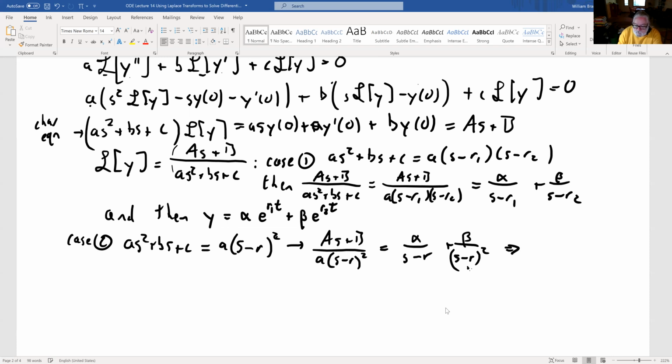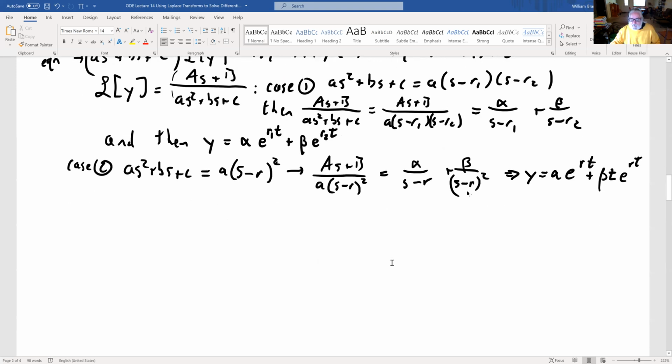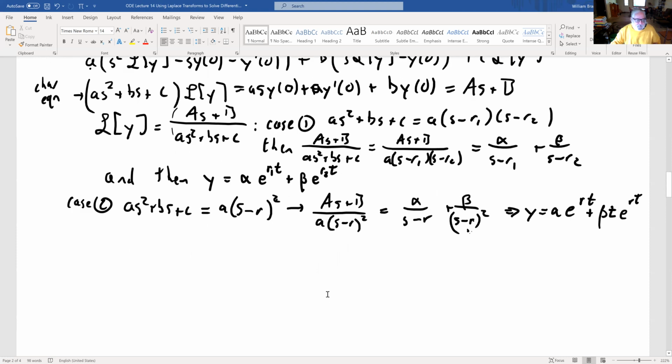And so that means Y is going to be alpha e to the RT plus beta times T e to the RT. The derivative in the S domain means that you're multiplying by T in the T domain. And then we have an e to the RT. And so that gives us that. So case 3